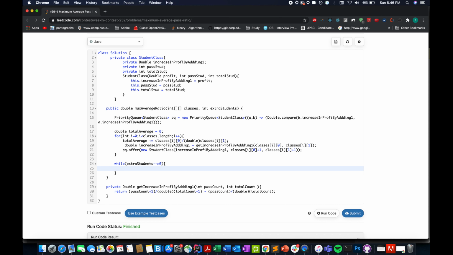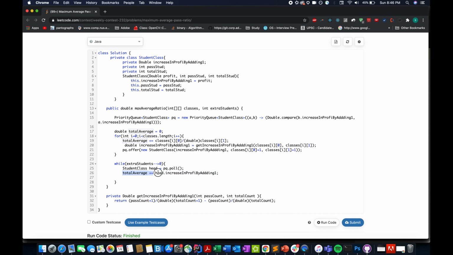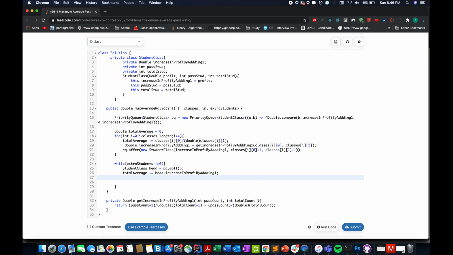We'll pull out the topmost one, pq.poll, and what we'll get is the student class, which will be the head of the priority queue. And let's update the growth in our total average variable. So we have updated with the average of the highest value that is there in the priority queue, and let's update this value for the next iteration.